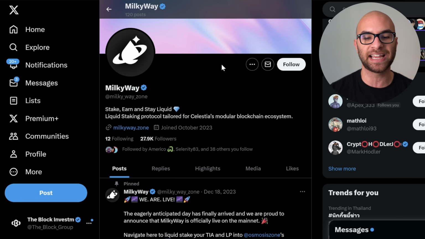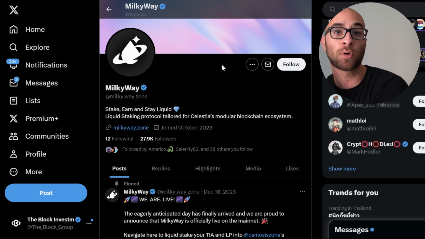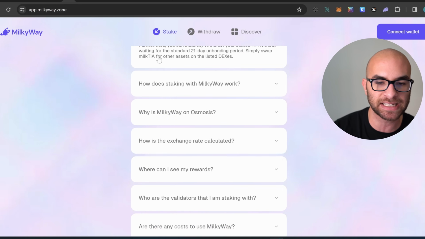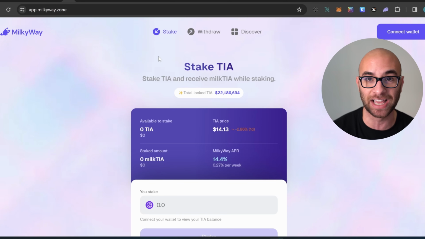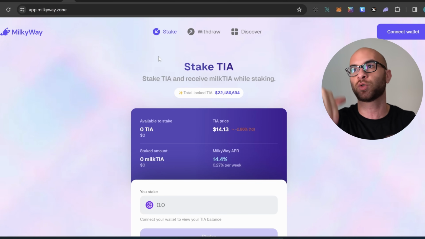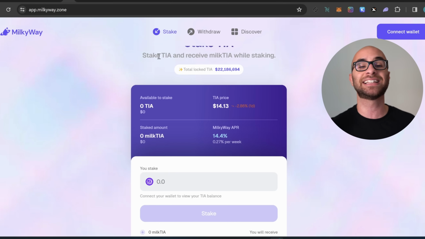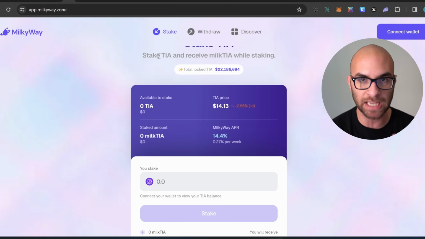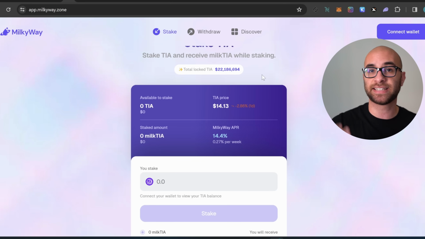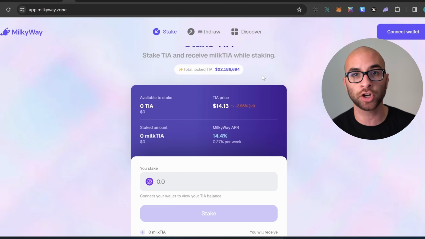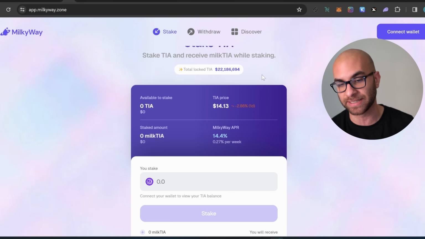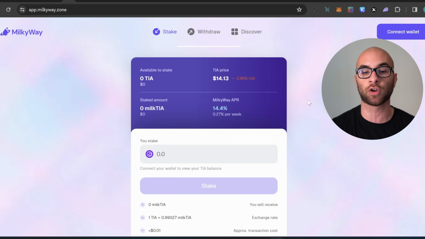Now, Milkyway is a stake, earn, and liquid protocol where you can liquid stake your Celestia. Essentially what that means, guys, is instead of staking your Celestia and then when you withdraw, you have 21 days of it being locked, you can instead deposit that TIA and you will instead get Milktia. Now, this Milktia as well as TIA should be pegged with each other, so you'll actually be able to swap your Milktia for TIA at any point in time, and at the same time,